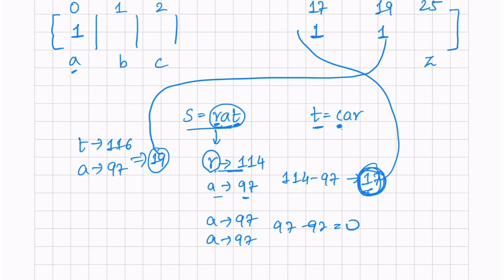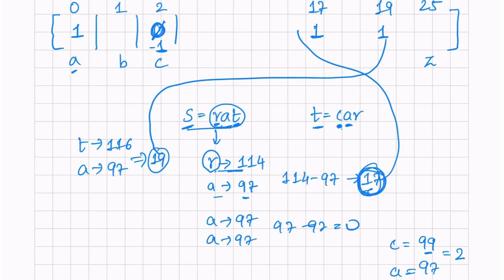We calculate the index for C, and this time instead of adding, we subtract, right? So C's decimal value is 99, and if you subtract 97 from 99, which is A's value, we get 2, right? So this value initially will be 0, and if you subtract, it will become minus 1. Because there was no C in S, this value wasn't updated, and if we subtract 1 from 0, we get